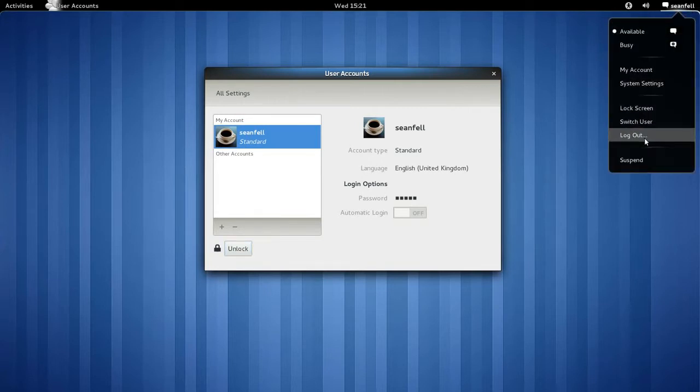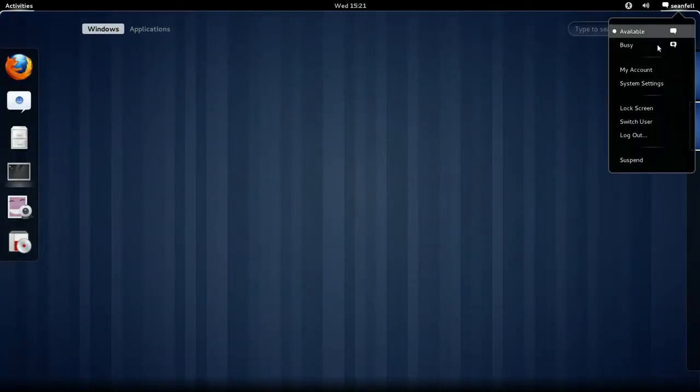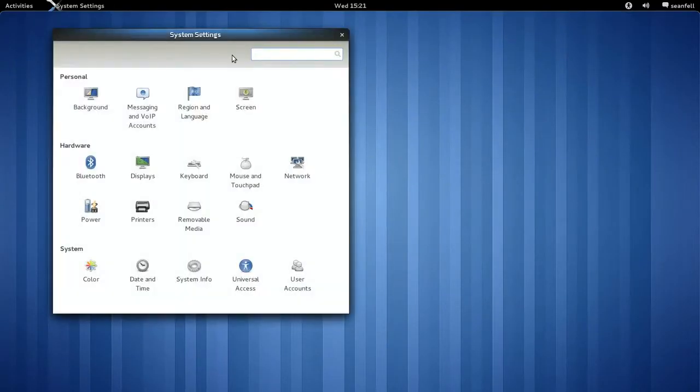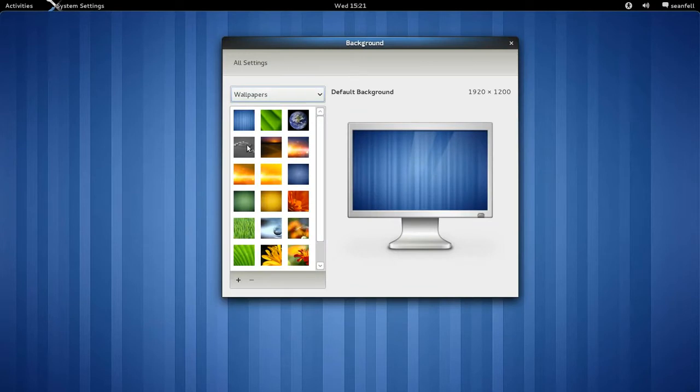Again, there's no shutdown on this. There's a suspend, which suspends your PC, but once you log out, you'll see a shutdown dialog box in the top right hand corner for shutting down or restarting the computer. So we'll just close this down. This is part of your system settings, but we can X that off in here, and we go into our system settings and look at the backgrounds, and you can see a lot of them are kind of openSUSE type backgrounds. So we might just click on this one here,